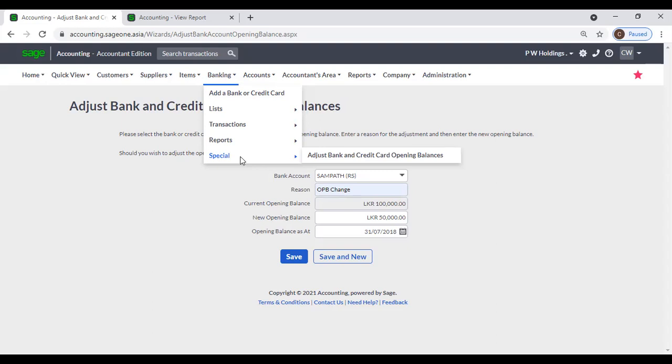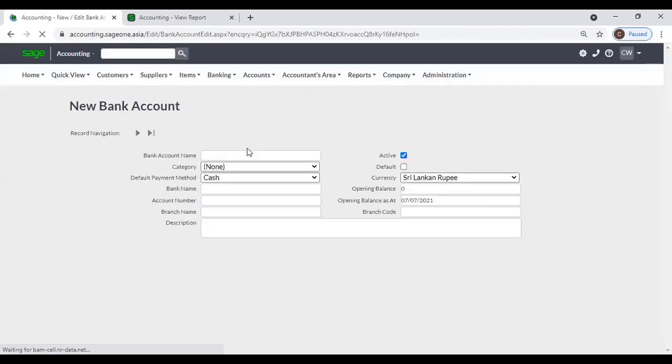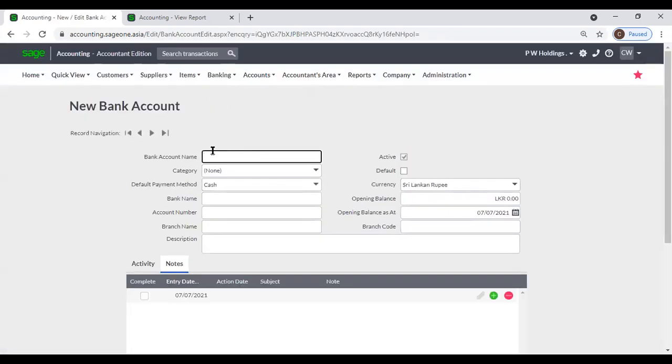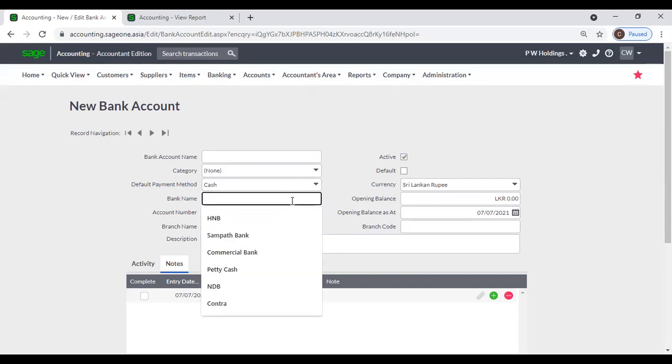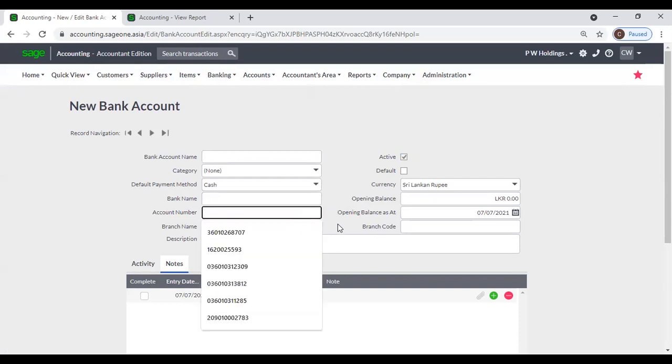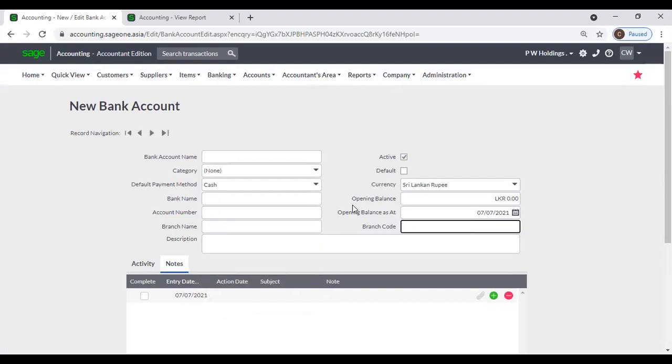Right. Now we have completed the banking module. From here, under banking, you can create your bank accounts. First, you need to enter your bank account name, and you can select a category. You can select the default payment method. You can enter the bank name, account number, branch name, branch code, and if you have any opening balance, you can